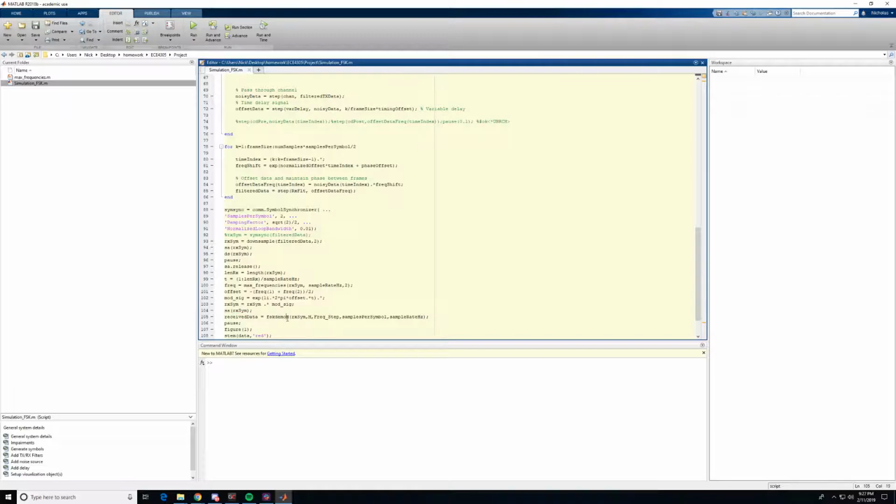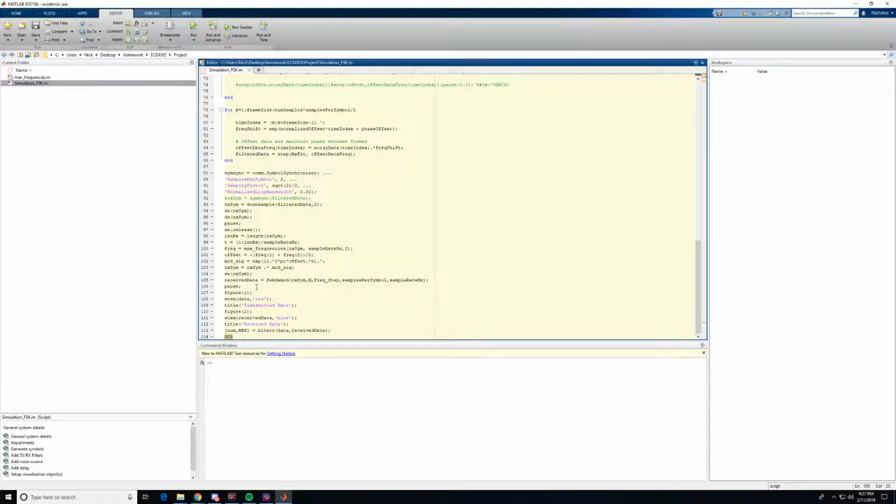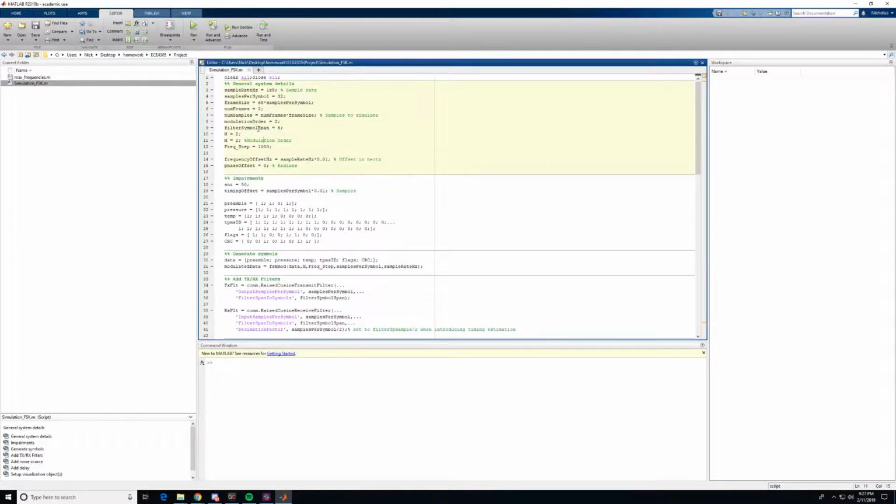The data is demodulated, and then a graph of the received and transmitted data is shown, as well as the bit error rate being calculated. So if we go ahead and run this,